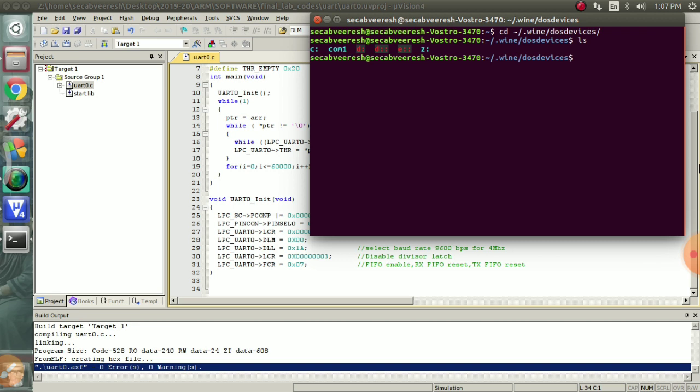First we will remove this COM1. To remove this COM1, type sudo rm com1.